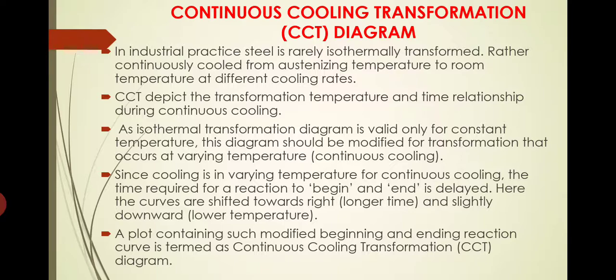For slow rate cooling we finally obtain coarse pearlite, and if the cooling rate is slightly increased, we will have a fine pearlite structure. For a further faster rate we will obtain bainite. Bainite is still divided into two, and finally we get a hard structure. For a very high cooling rate, if the cooling curve does not touch the nose of the TTT diagram, then we will get martensite. All of that we discussed in the last presentation.